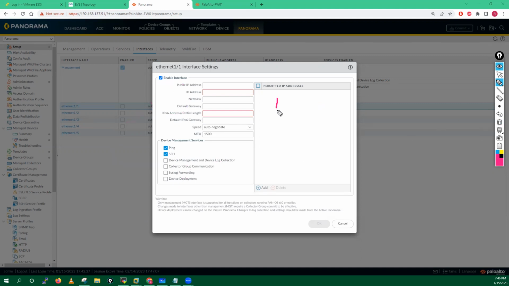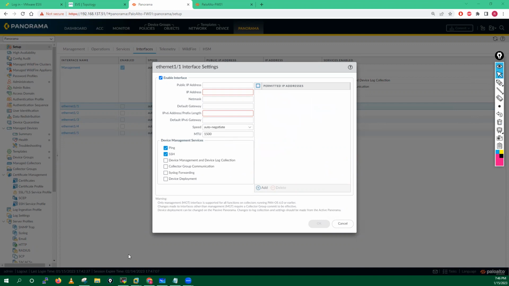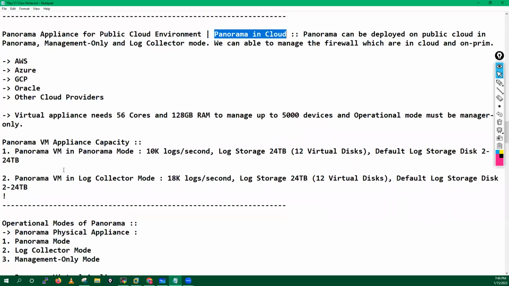If we have deployed our Panorama in dedicated log collector mode, in that case you will not get the GUI access of your Panorama, only CLI access is available. And you are only using that Panorama just for collecting the logs, that's it. Okay, so these are some points which you have to remember. And for each interface we have to define some role. What is the role of that interface? Okay, now